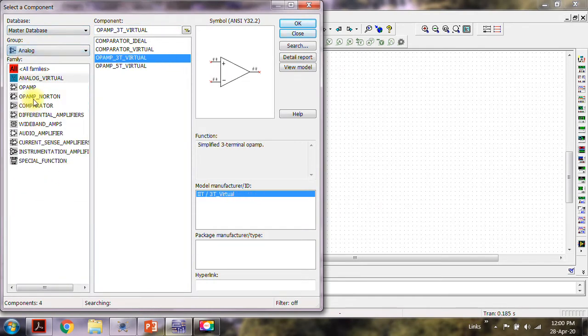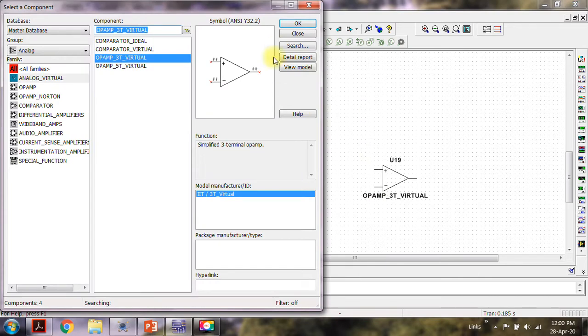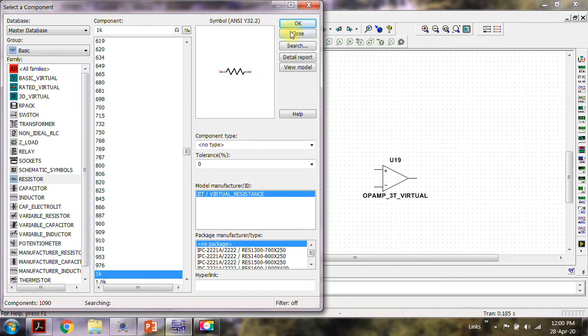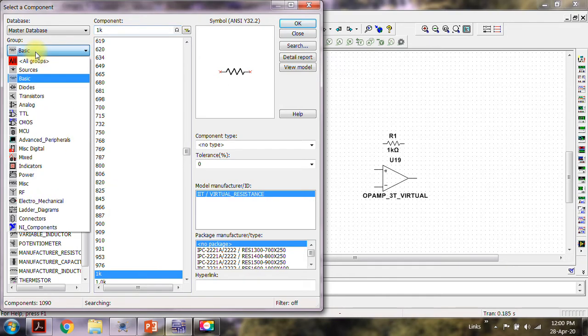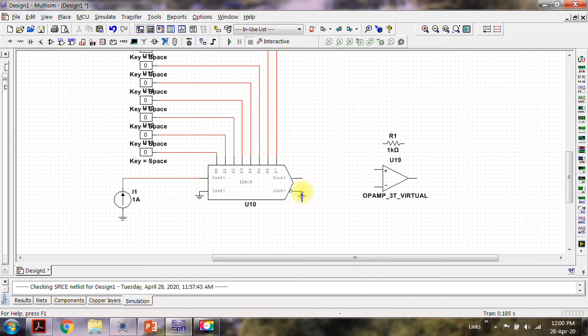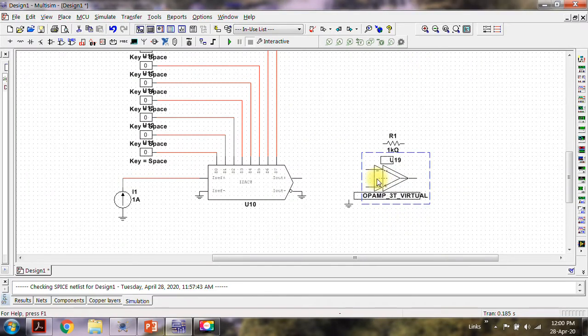Go into the analog, we'll select an ideal virtual op amp, the resistor, then we have the ground. One ground goes here, one will keep aside. Arrange this so that it becomes easier for us to connect the devices.